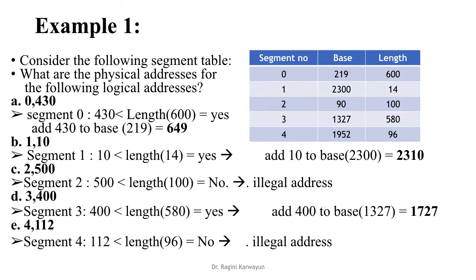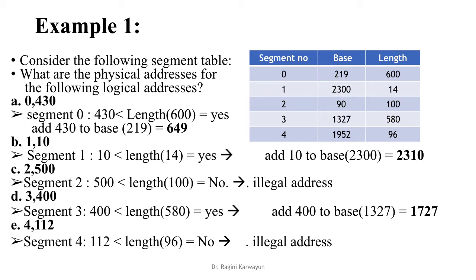Now this is an example of how you map a logical address to the physical address. A segment table is given consisting of 5 segments numbered from 0 to 4. Now the first address issued by the CPU is 0, 430. That means the offset is 430 and the segment number is 0. So we use segment 0 to read from the table. The length of this segment is 600. The offset issued is 430. That means 430 belongs to this segment, and yes, we proceed further and add the base, that is 219, to 430, to get the respective physical address 649 from the memory.